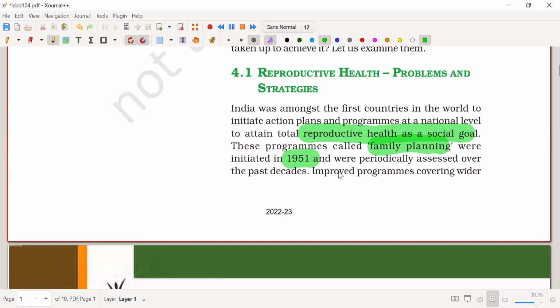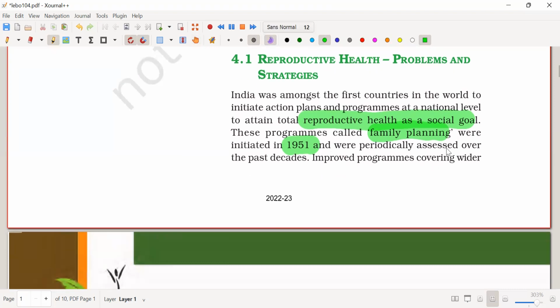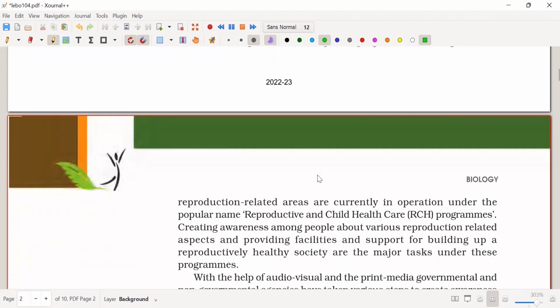Family planning was initiated in 1951 and was periodically assessed over the past decades. Improved programs covering wider reproduction-related areas are currently in operation under the popular name